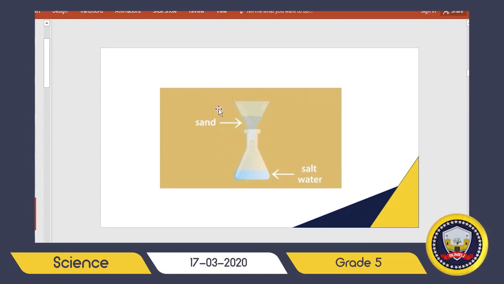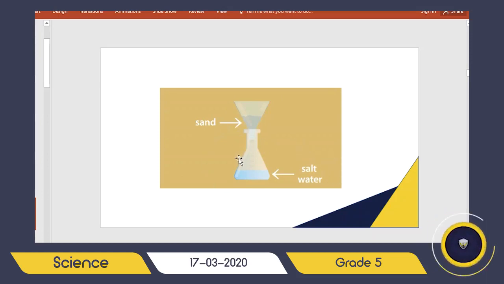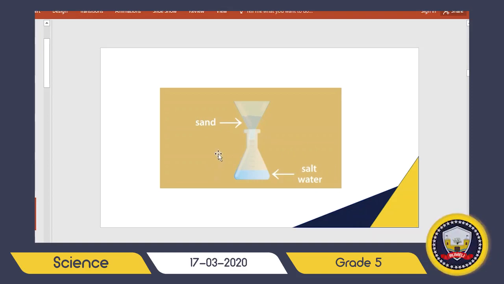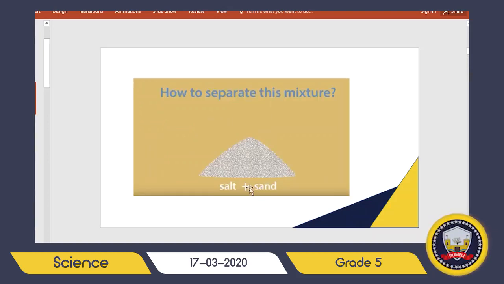I will be able to separate the sand, and as a result I will have a salt-water mixture. So what are you going to do with the salt-water mixture? We can boil the water and with evaporation separate the salt from water. So first we used filtration and then we used evaporation to separate the salt and